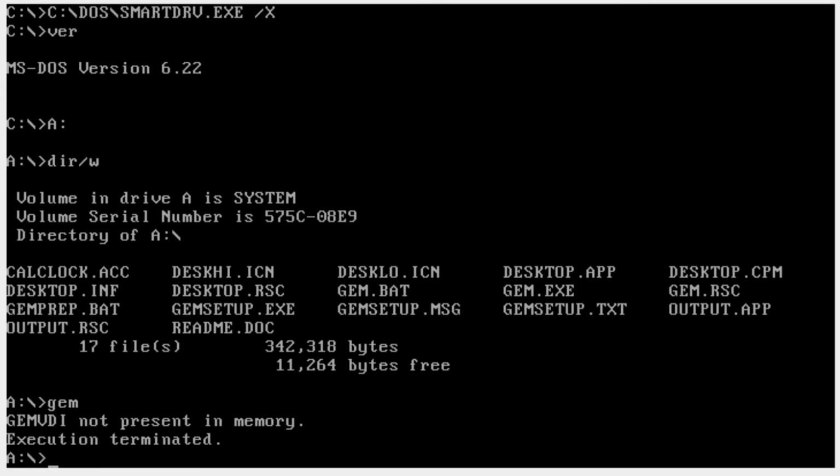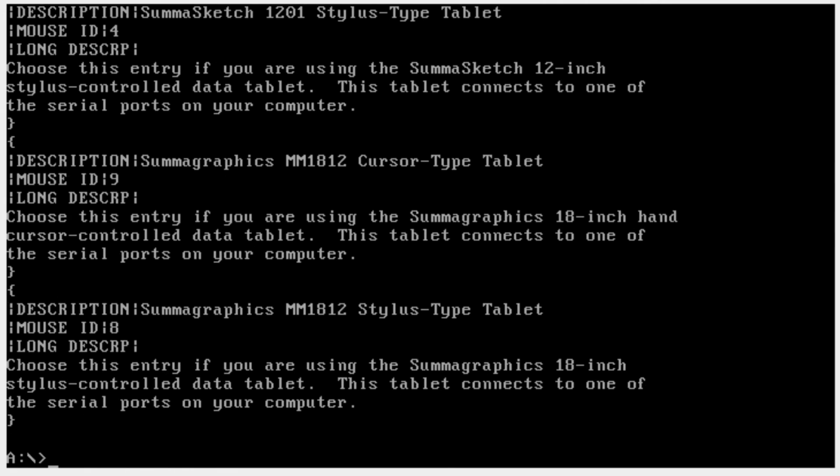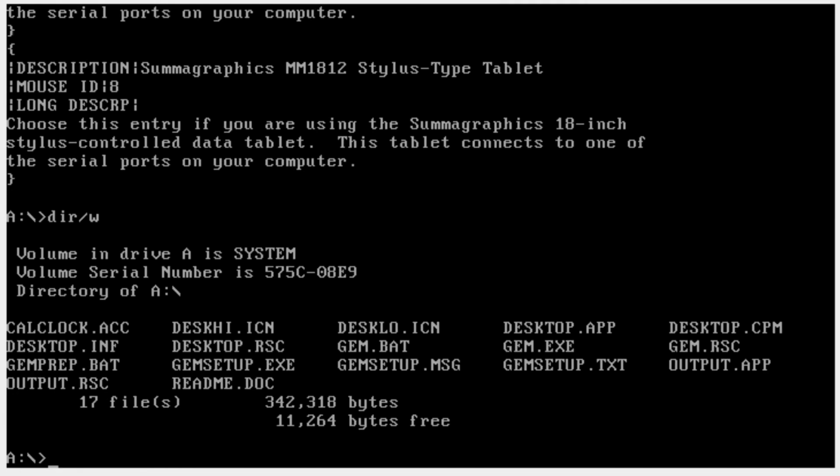GEM VDI not present in memory, okay. So I would run GEM, let's do,